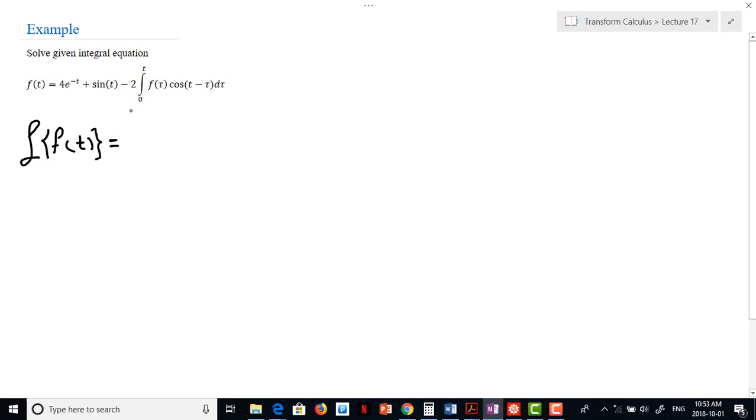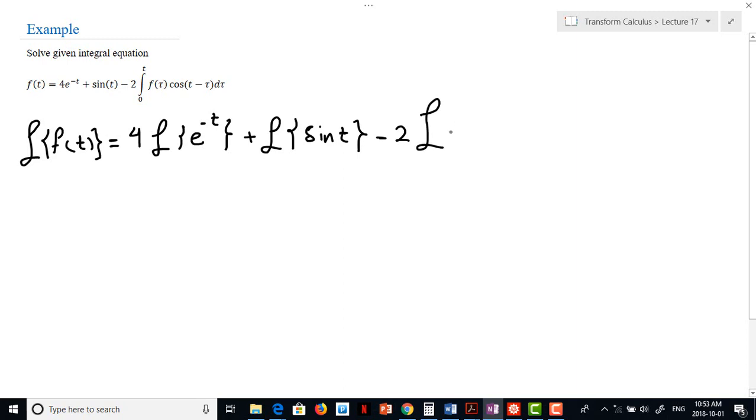And if I take Laplace transform from right hand side of the equation, we have 4 times Laplace transform of e to the power of minus t plus Laplace transform of sine t minus 2 times Laplace transform of integral from 0 to t f(tau) cosine (t minus tau)